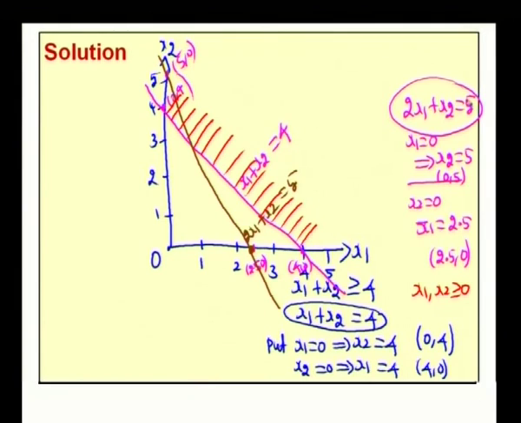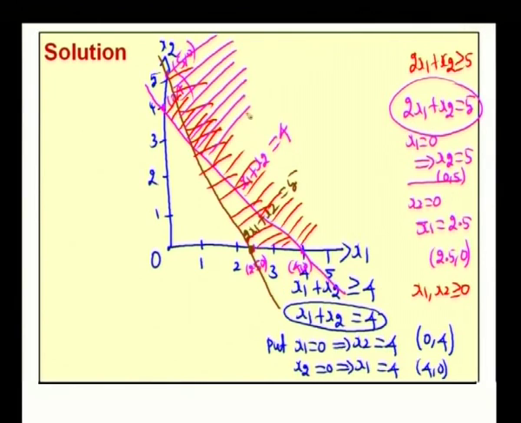We know very well the given non-negative constraint is x1, x2 greater than or equal to 0. Therefore, our concern is only in the first quadrant. Now, as far as the second constraint is concerned, the given second constraint is 2x1 plus x2 greater than or equal to 5. Therefore, the corresponding area is away from the origin. Therefore, the area corresponding to 2x1 plus x2 greater than or equal to 5 means this area. Now, the area common to both the curves, that is the feasible region, is this region. This is the common region bounded by these two constraints.